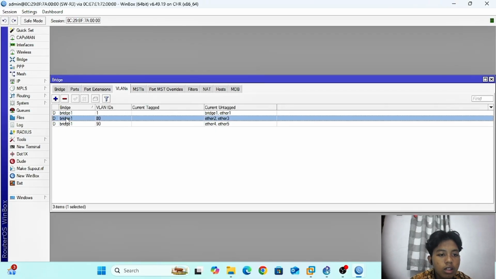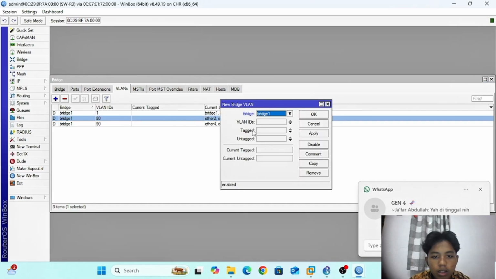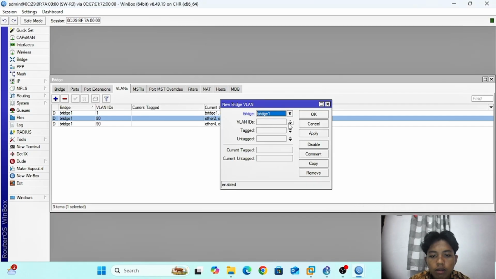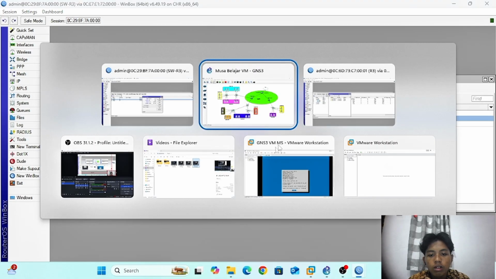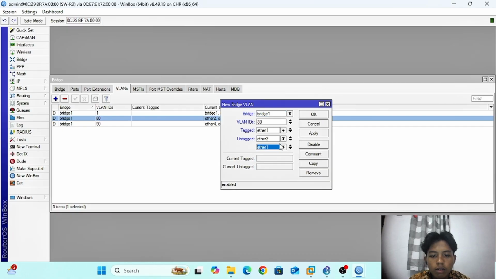In the VLANs tab, click here, add, add a VLAN ID, VLAN ID 18. Target is Ether 1, and the target client Ether 2, yes, this VLAN ID 18, and Ether 3.